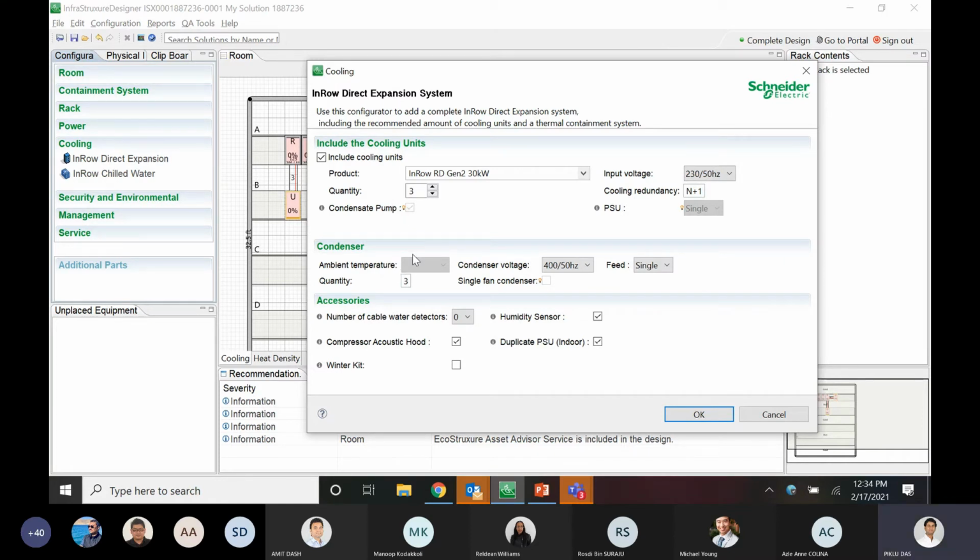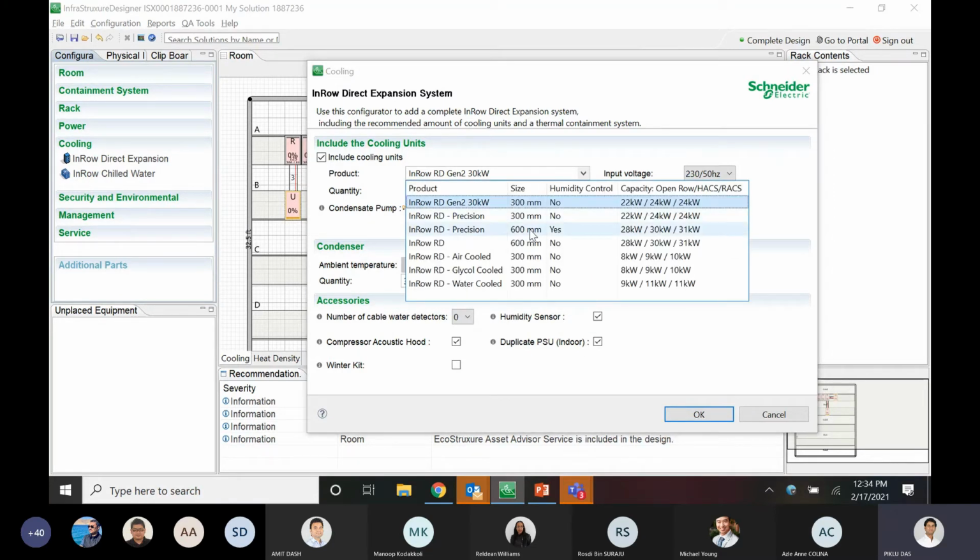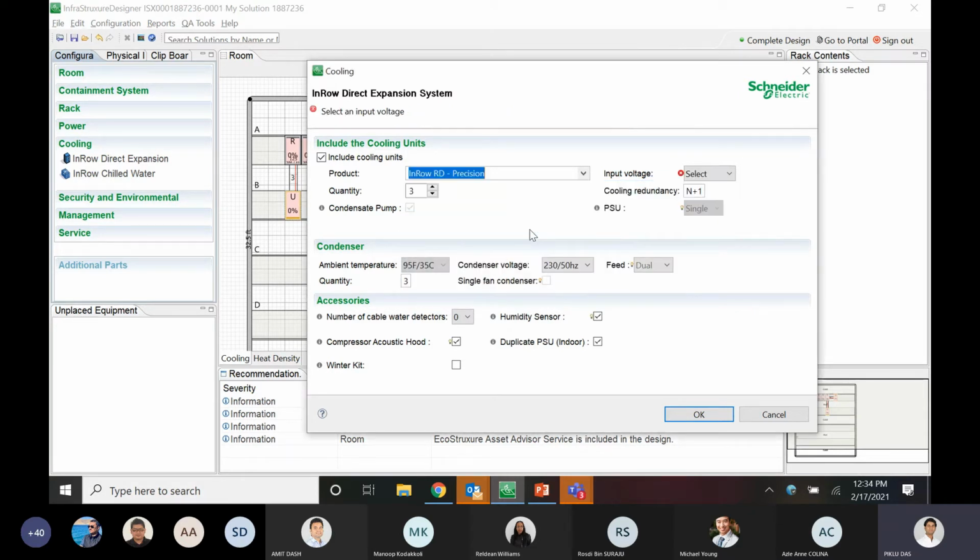Then we also have the condenser. For the condenser voltage, we can give single and dual feed, and we also have accessories for it, right? All the accessories for this particular offer are checked by default, but if I go with some other offer, these accessories might not be compatible. If I click on the 600, you can see that all these accessories are grayed out because they are not compatible.